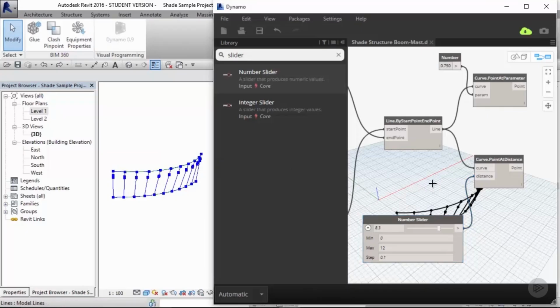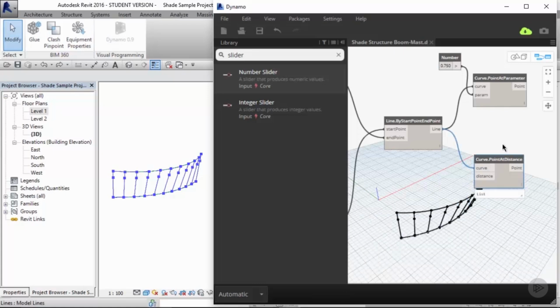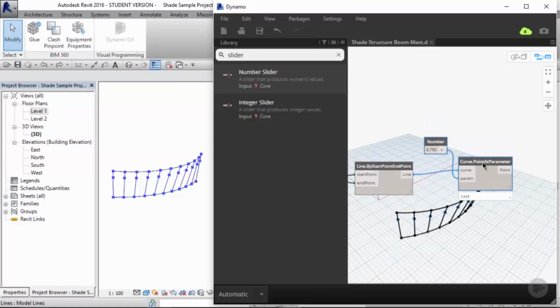Before I move forward into the next segment, I'm going to return that model curve to its original position, approximately above my first floor curve, and select which option I'll choose. At this point, it really doesn't matter if you use the curve.pointAtParameter or the curve.pointAtDistance. It's up to your choosing. For me, I'll use the curve.pointAtParameter so that I can keep my point at a halfway mark of all my